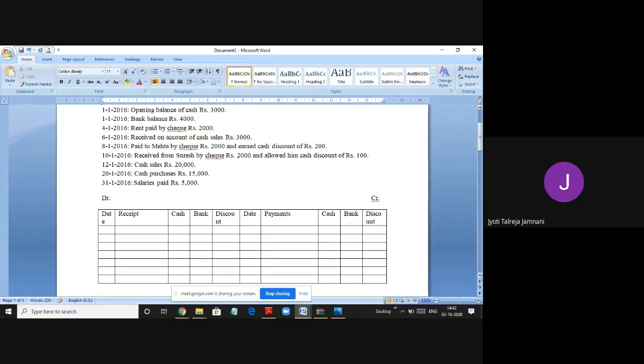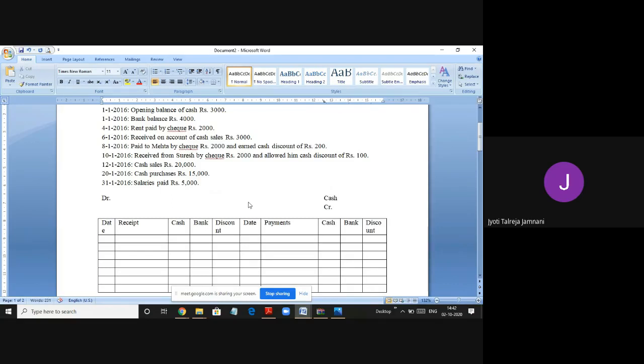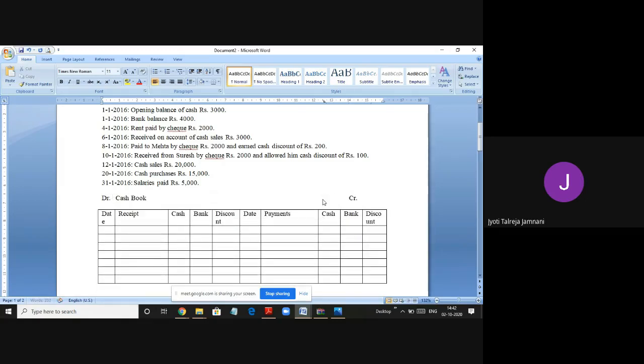Whenever money comes in, the receipt, money coming in should be debited. And whenever money goes out, should be credited. It's the real account rule: debit what comes in, credit what goes out. And this is cash book. So debit what comes in, credit what goes out rule we'll have to apply. This is how it works. On the debit side we take all the receipts and on the credit side we take all the payments.